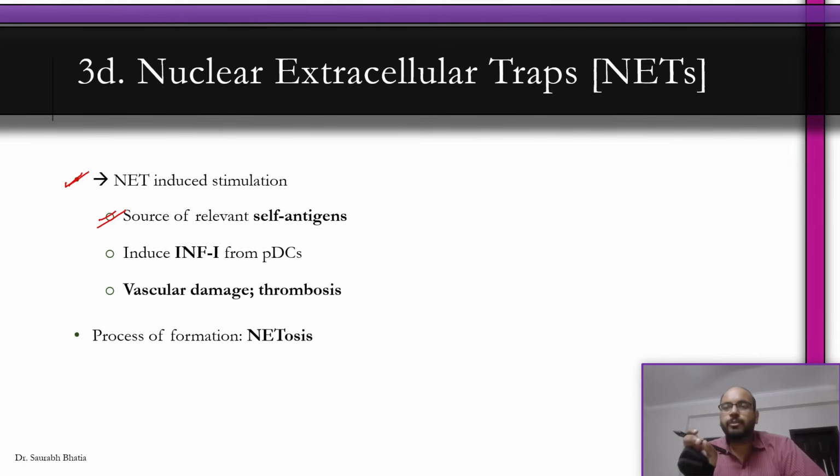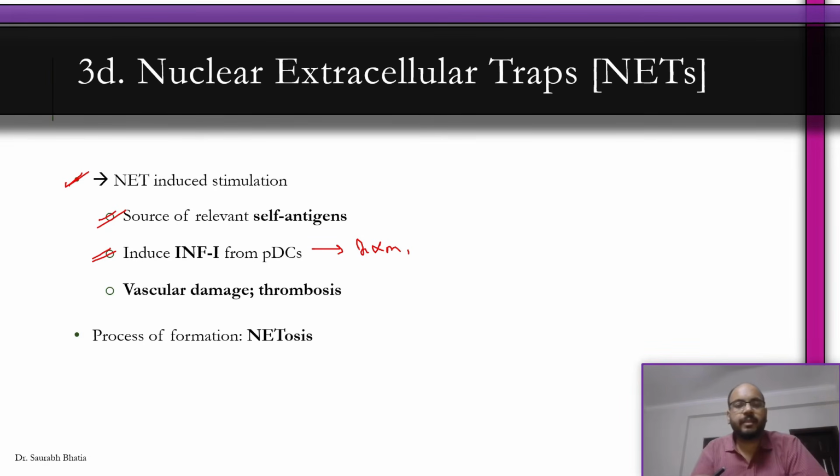Normally, the genetic material is safe inside the nucleus. If it goes outside the cell, it is prone to get recognized by immune cells and lead to formation of autoantibodies. Now, these NETs can individually induce interferon type 1 from plasmacytoid dendritic cells,